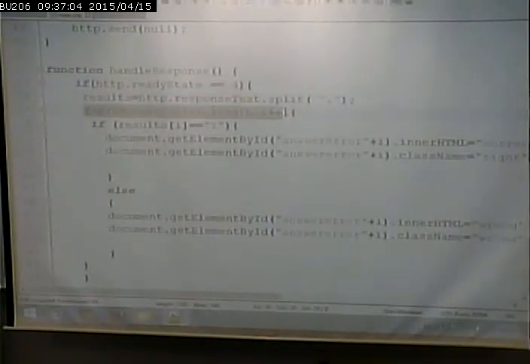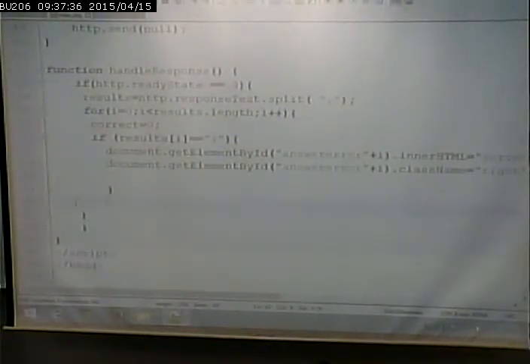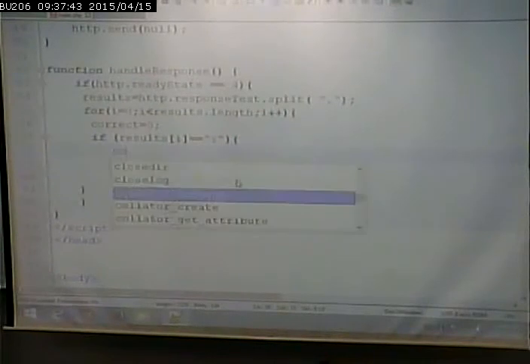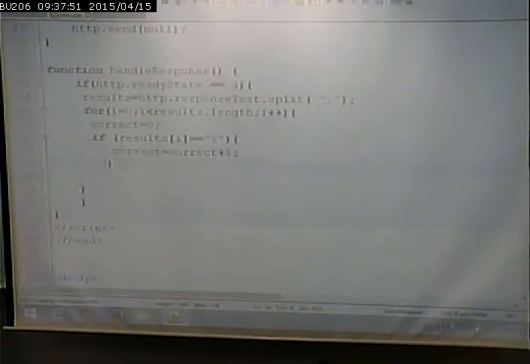I'm going to loop through the array. And for each array element, I'm going to look to see if it's right or wrong. And if it's right, I'm going to mark it as right. If it's wrong, I'm going to mark it as wrong. What would I do now to show simply the number of questions correct? I'd make a counter. I'm going to make a variable called correct equals 0. As I loop through here, if the answer is yes, all I do is increment correct. And when I am all done,